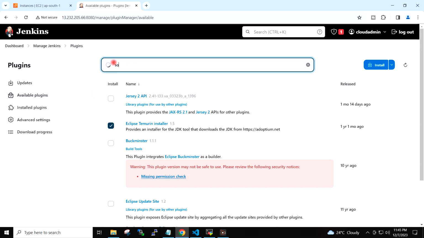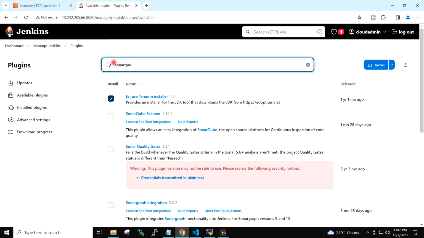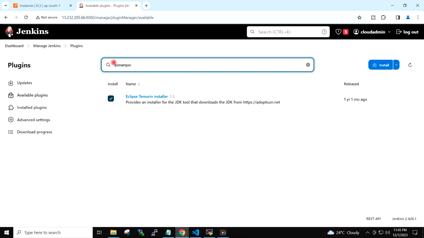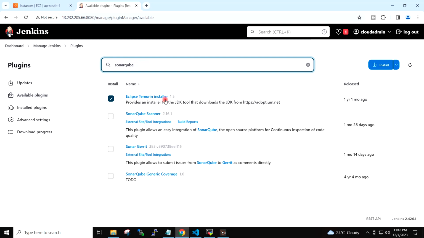I will search here SonarQube. I will select SonarQube scanner,